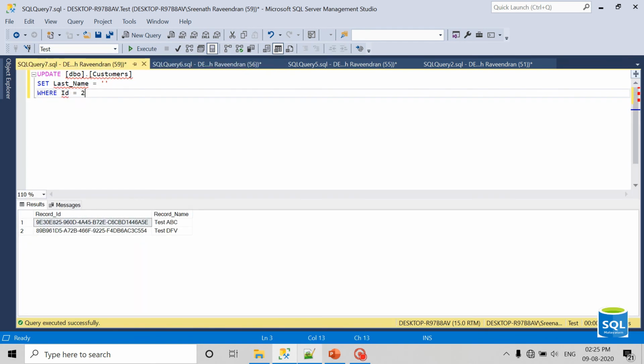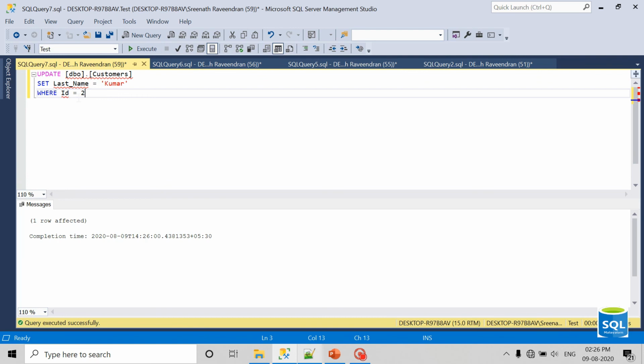Okay, for Kiran, I am giving the last name as Kumar. Execute the script and see whether it executed and correctly updated or not.